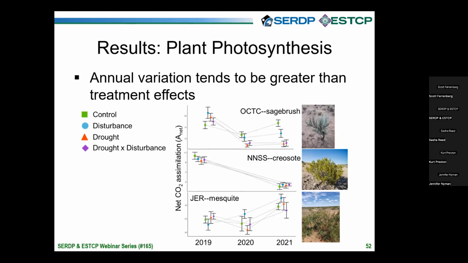Starting in the north in the Idaho Great Basin site, we're dealing with sagebrush. And when we move south, we're dealing with creosote in the Mojave, and then a mesquite-dominated landscape in the Chihuahuan Desert. The mesquite is that deciduous perennial, and the other two are evergreen shrubs. What we also notice when we're looking at this photosynthesis data is a lot of variation. It bounces around. So there's a lot of variation within treatments, a lot of variation over time.